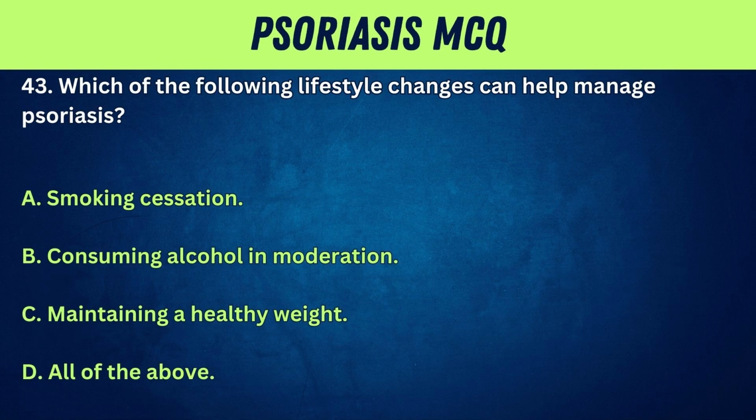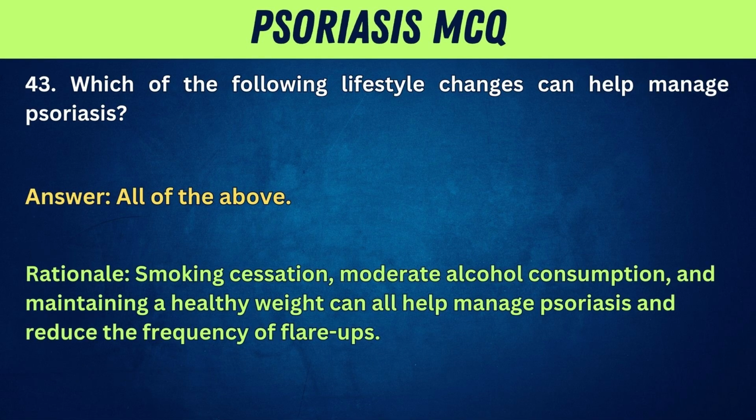43. Which of the following lifestyle changes can help manage psoriasis? A. Smoking cessation. B. Consuming alcohol in moderation. C. Maintaining a healthy weight. D. All of the above. Answer: all of the above. Rationale: smoking cessation, moderate alcohol consumption, and maintaining a healthy weight can all help manage psoriasis and reduce the frequency